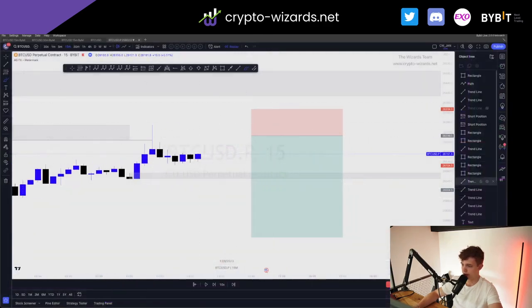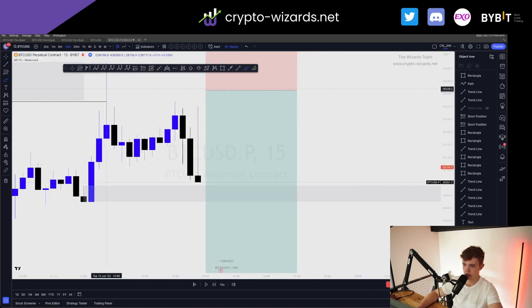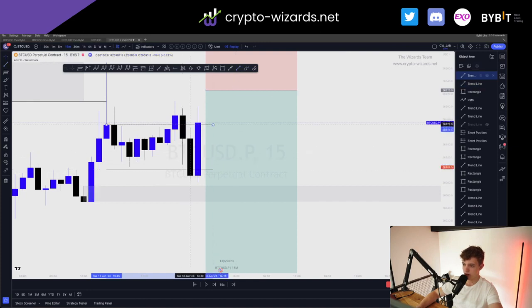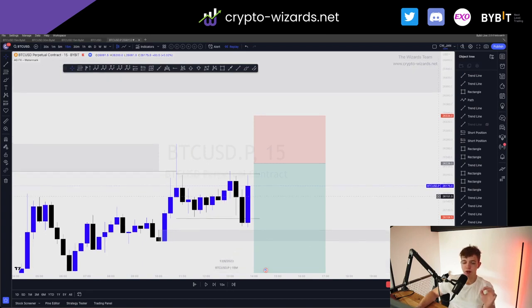So if we have this, we're going to mark it out with the range tool. This is the current range that we are paying attention to, or we are talking about. So basically this is the range low and this gives you the range high. Before the CPI news, overall buyers are definitely to the downside, but do you really think if we have a lot of new shorts stepping into the market, they're not going to use this opportunity? What I mean by that, if you have a lot of shorts here, then this gives you a lot of